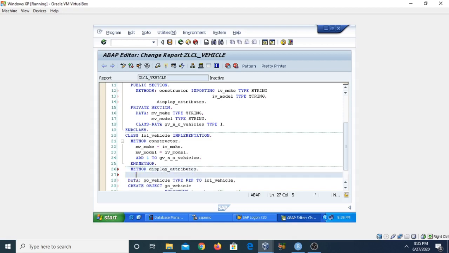In this method we will define the implementation part of this method, so we will use here the write statement, write, and then we can print the make as well as model. So this is our make name of a car is MV_make.